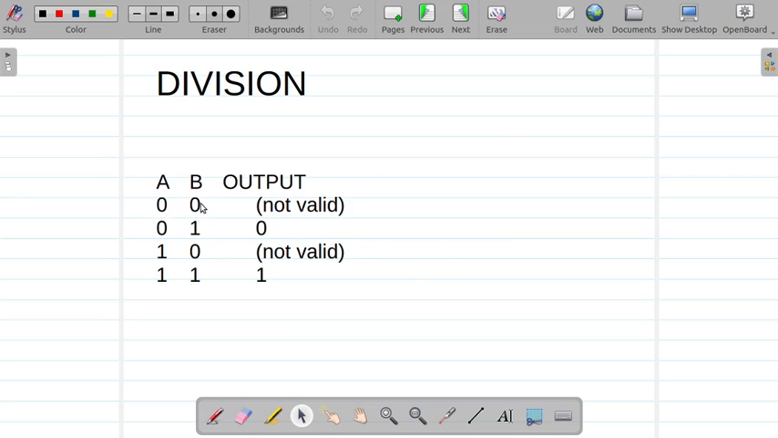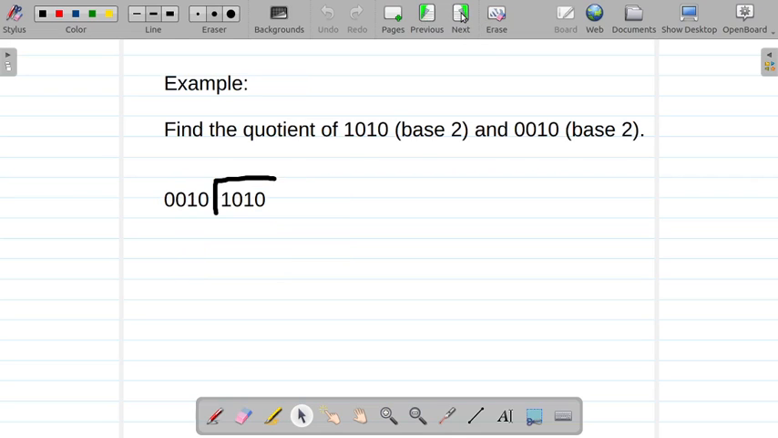So, 0 divided by 0 is invalid. 0 divided by 1 is 0. 1 divided by 0 is invalid. And 1 divided by 1 is valid. So, let's try some example. So, for example, gani, 0010 ay 1010